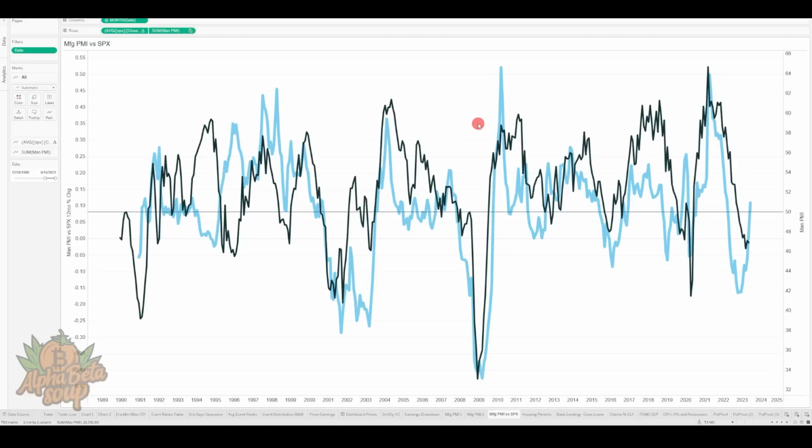So the S&P is in blue, and it's a bit choppy, it's not perfect, but generally you can see that when the PMIs in black are expanding, and particularly when they are rising, equities tend to be performing well, and performing increasingly well as time goes by. But then as the PMIs begin to soften, as they start to downturn, and even when they get into contraction, that also tends to be a period of softness for the market, either a pullback or just a general accumulation period. Either way, price doesn't usually keep going up while the PMIs are going down or being negative broadly about